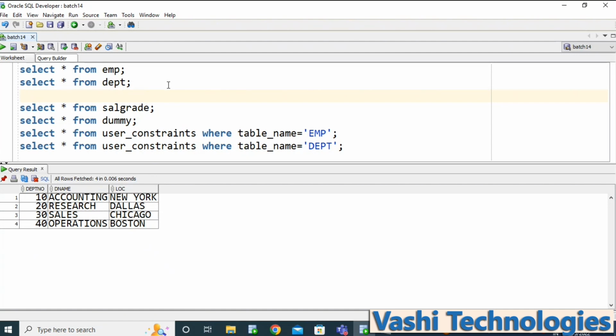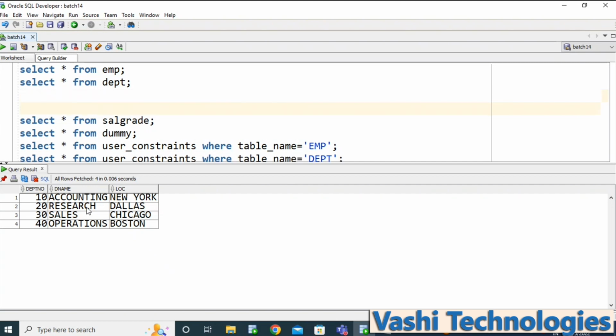If you have hundreds of columns, I cannot remember all the column names or compare them, right? In such a place, you go to user_tab_columns.